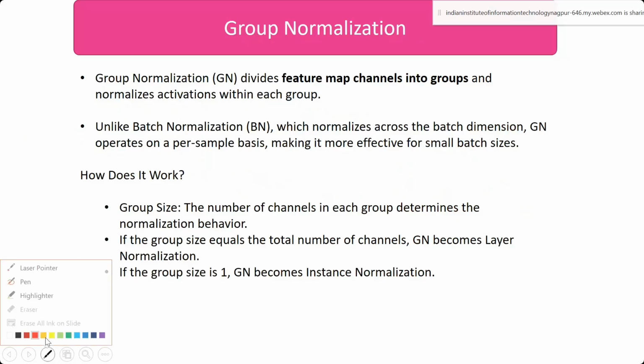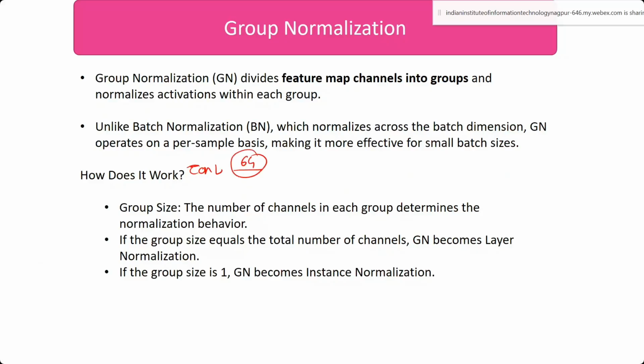So here now we will understand what is group normalization. Group normalization divides the feature map. Whenever you have a convolution operation, right? After the convolution operation, I have used 64 kernels of 3 by 3 size. So what will you get now? You will get some images, 64 images, right? Maybe each image is of 32 by 32 size. Like that, you will get 64 images. So what will you do now?